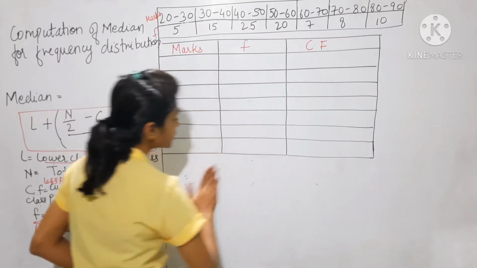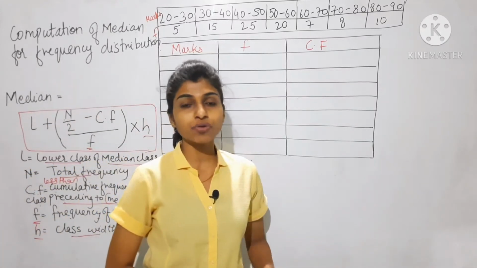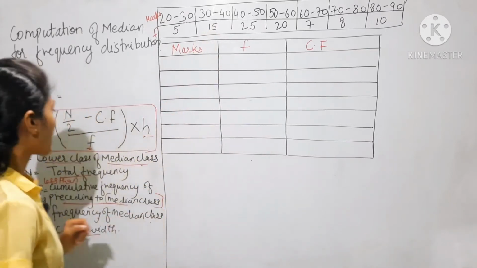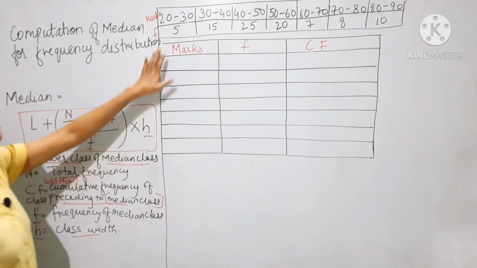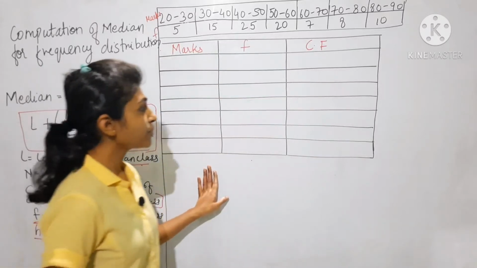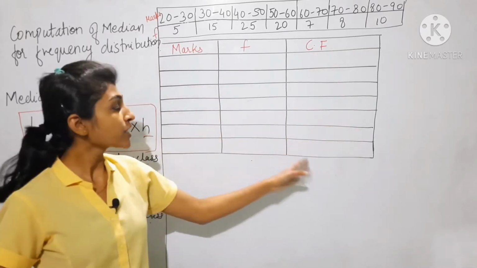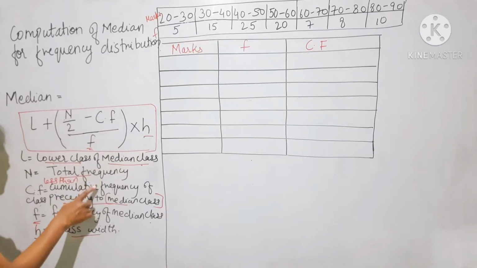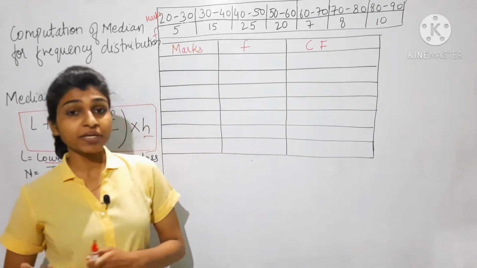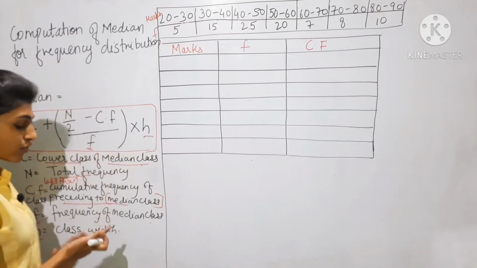So it is very important, first observe the classes. If the classes are continuous, no need to find a class boundary. If the classes are not continuous, you need to find the class boundary. Okay, this is very important. So here the classes are continuous. Now prepare the table and observe, then find the cumulative frequency. N is what? The total frequency, which we have to divide by 2. Then by n upon 2 we'll find the median class, and then we'll apply the formula and find the median for the frequency distribution.